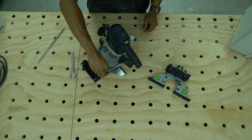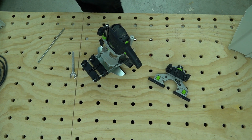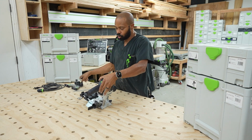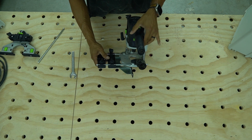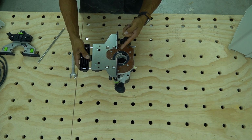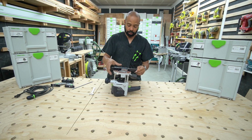When you put it in, like this. And I'm trying to think, there may be another component to this, but essentially if you look at this portion here, right? So if I loosen, these parts are loose. So as I turn, if you look at the deal here, you can see the base moving. That's your micro adjust right there with the older fence, and you can see that it does not have the ability to